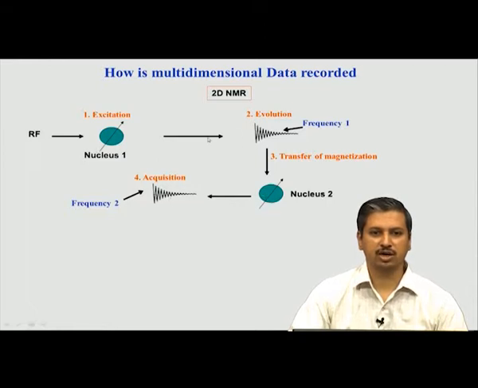So, basically you can see there are like two 1Ds, I have applied a 1D here and another 1D here. The second pulse which I apply now brings nucleus 2 into the xy plane, because all the time this was along the z axis as we considered, and this we considered along the x axis.